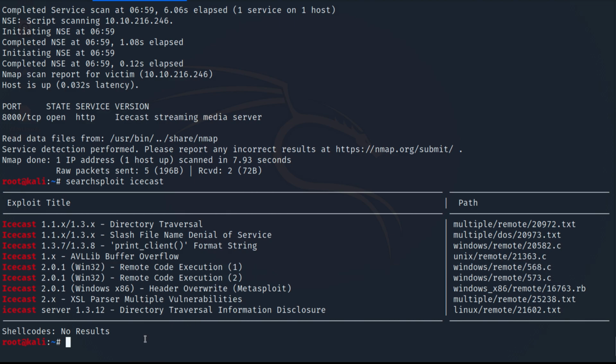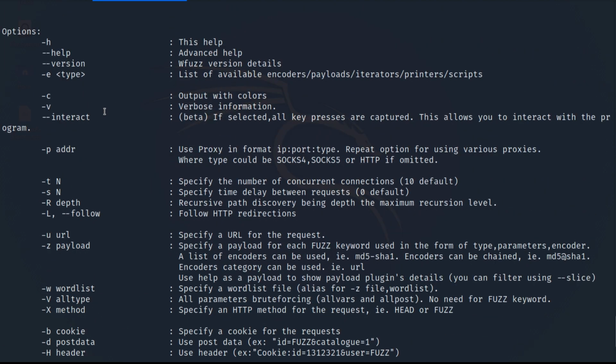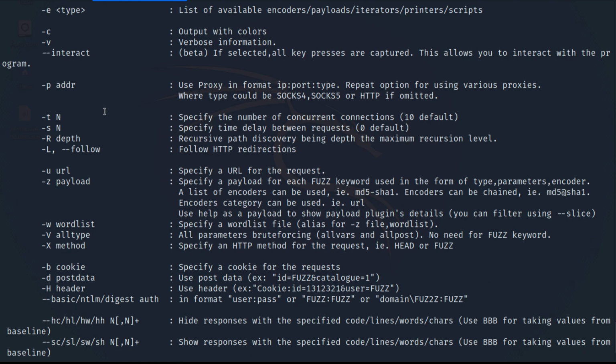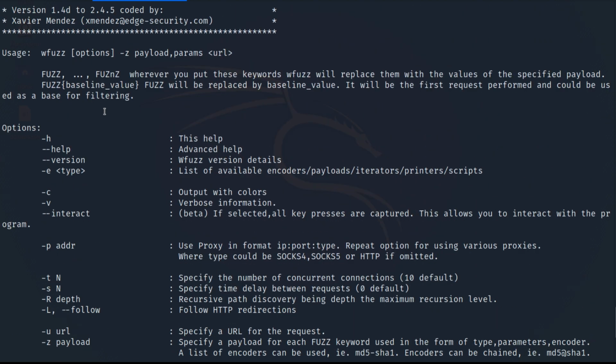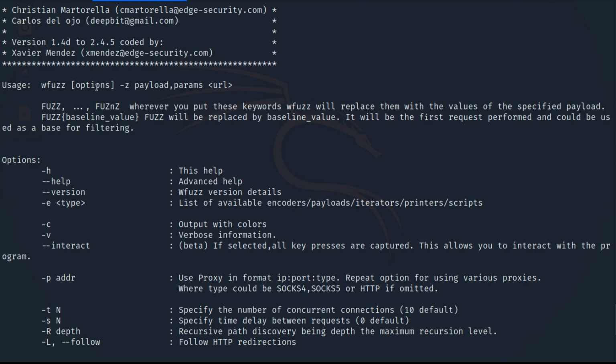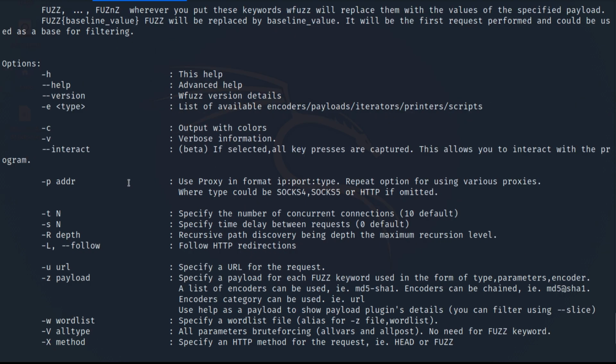And I wonder what's the correct version of this H.A.C.K streaming media service. To do that, I think I'm going to perform some directory brute forcing. wfuzz presents us with different options, and generally how you use it is using wfuzz, the options, and then the payloads and the URL. So the payload here,